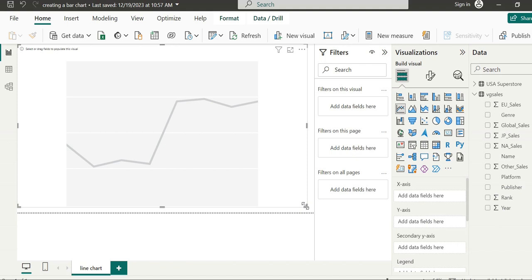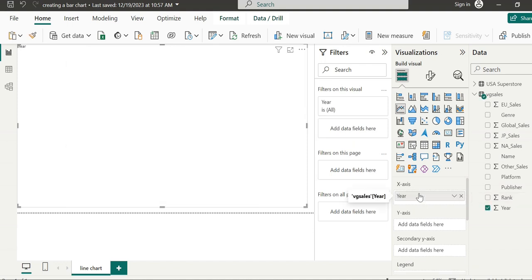So far there is no data in our chart. Then we drag and drop the global sales values and year values. First, I will drag and drop year here. You can see there is no value visible yet. Now I will go to global sales and put it here on the y-axis.